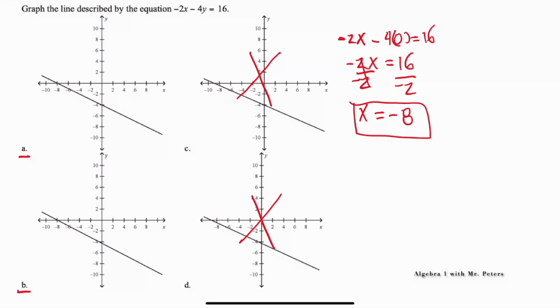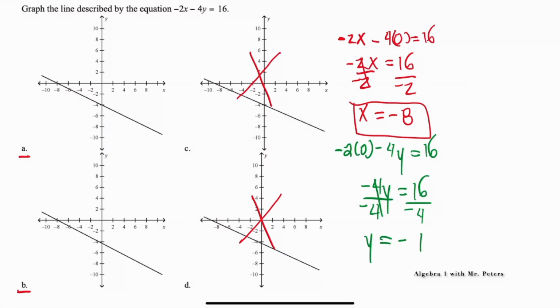So let's check the y-intercept. We make x 0, minus 4y is equal to 16. When we simplify even further, we divide by -4, and we know the y-intercept is -4. So when I look back at my only two answer choices, we know it has to be A, because